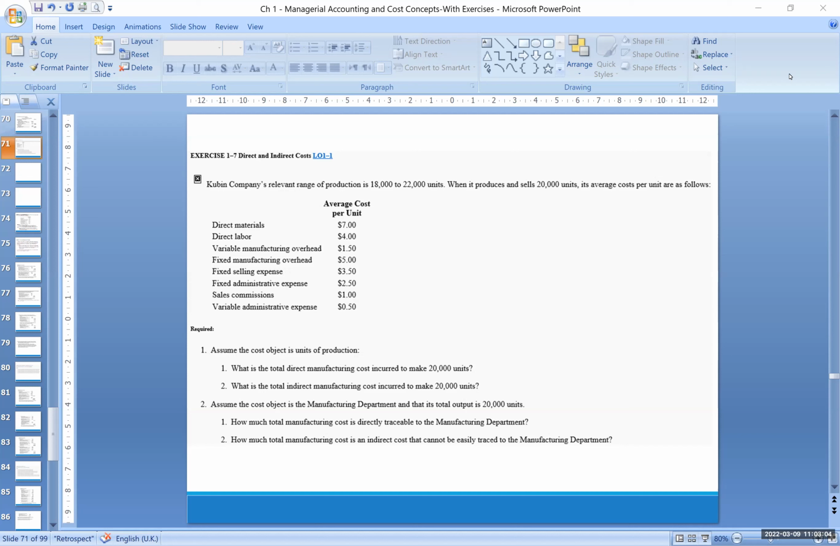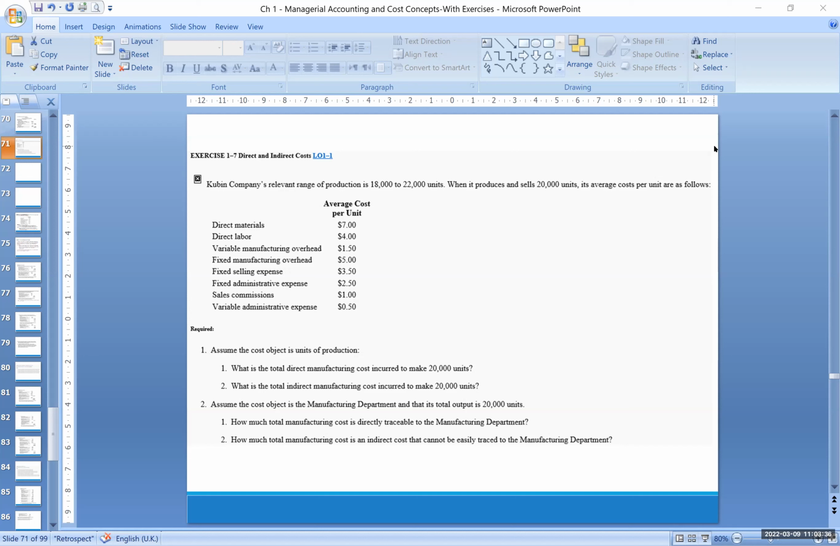Last time we did two exercises. We started with 1.4 for the costs: variable, fixed, and total cost and average cost per one unit. And we did 1.6 to prepare the traditional and the contribution format income statements. So let's move to another question, 1.7, which